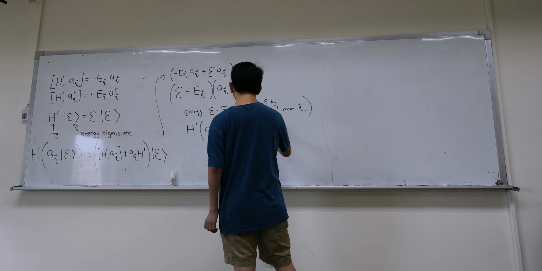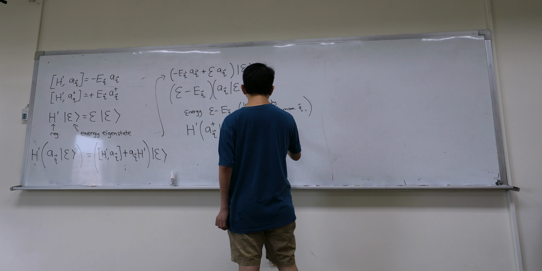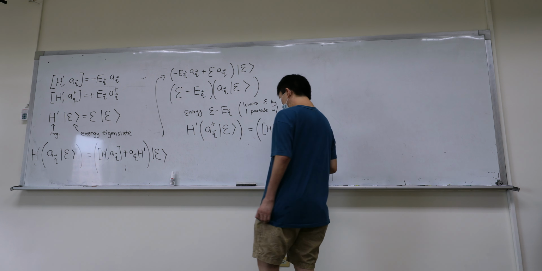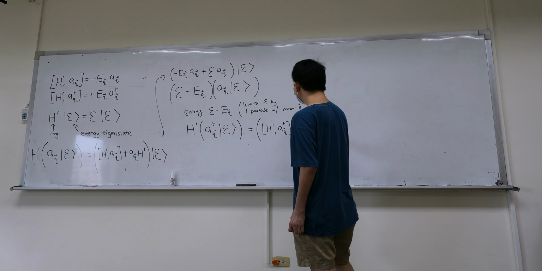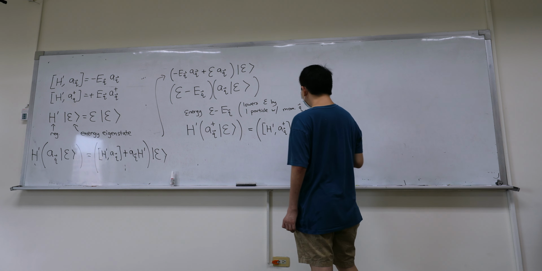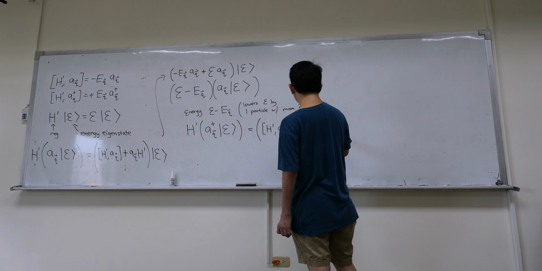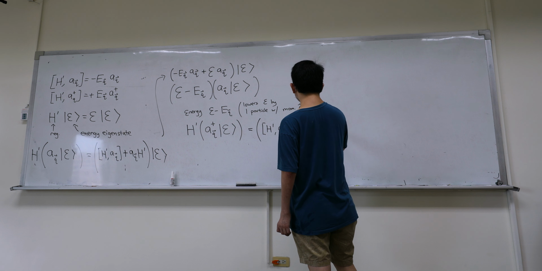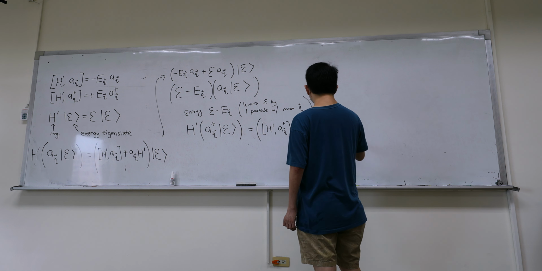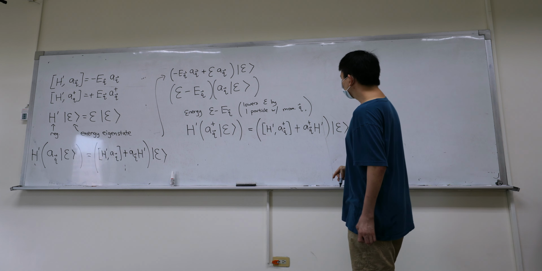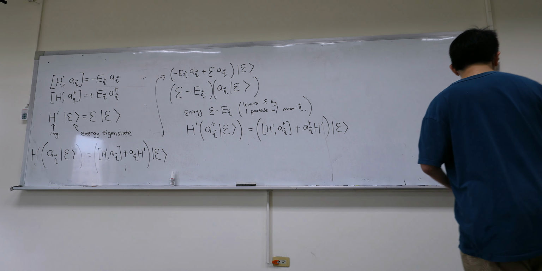I commute H prime with A dagger, and then I better subtract it out because it's H A dagger, not the commutator. So in particular, I need to subtract out the term where I have A Q dagger H prime, and all acting on E. Okay. And what is this? This is in fact